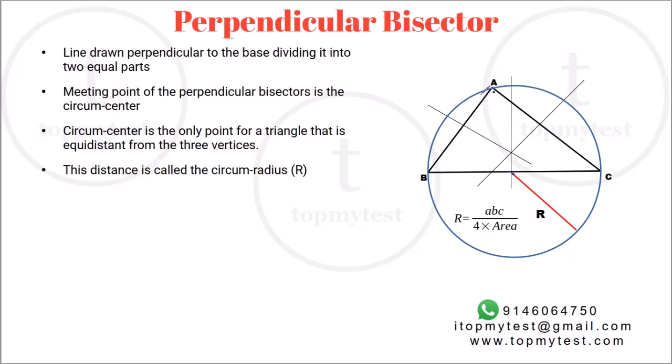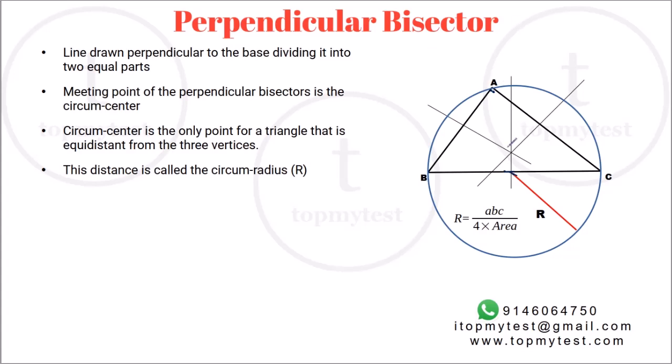So a lot of people have this confusion between altitudes, perpendicular bisector and median, right? So a median basically divides the opposite side, passes through the vertex of the triangle, right? And altitude is perpendicular to the opposing side and passes through the vertex, right? A perpendicular bisector divides it into two equal parts, is perpendicular to the side, but need not pass through the vertex. So this is the difference between the three, right?